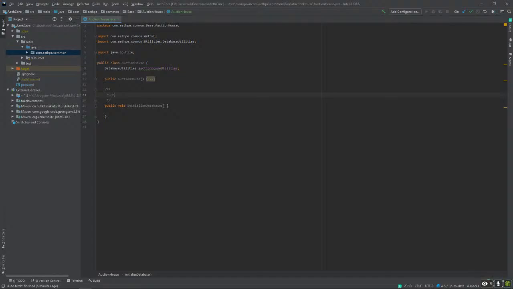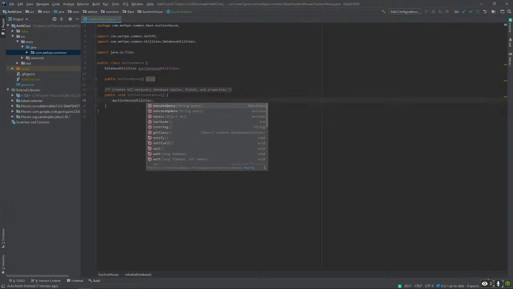So now that we have this, we can create our tables. So let's execute an update. So auction house utilities dot execute update.